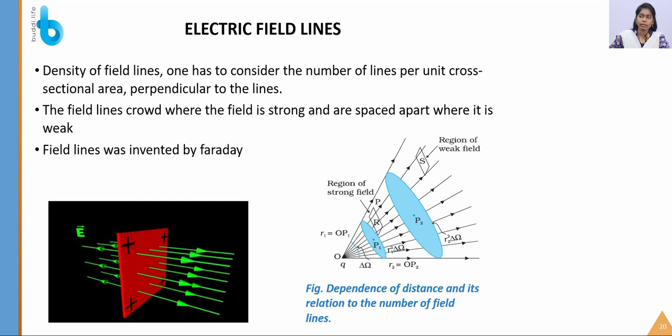So it is experimentally proved that there is a stronger field when there are many field lines through the given area. So the electric field lines are represented this way. The field lines were discovered by Faraday, and where the field lines are crowded, the field is said to be stronger, and when they are more widely spaced, for example with a very large space between them, it is said to be a weaker field.